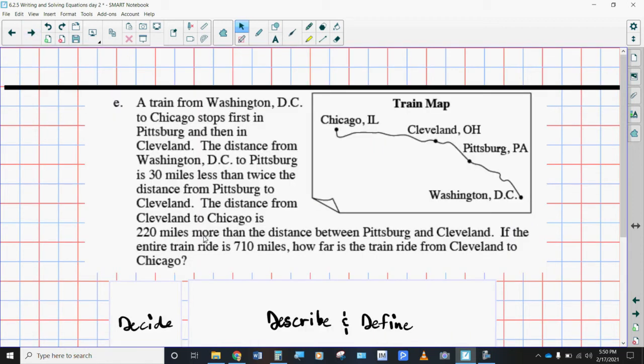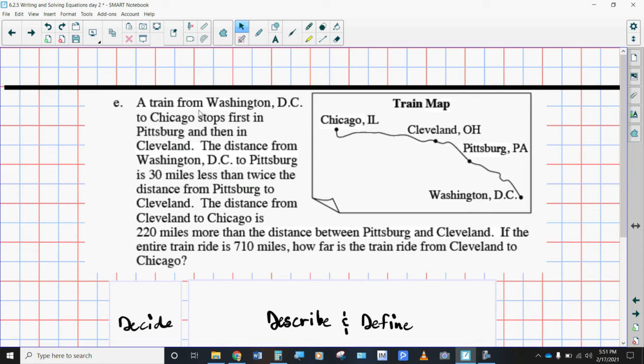All right, the last problem. This one's a little bit tricky, okay? It's wordy and it's weird. There's a map right here. So I'm going to go ahead and help you with the highlighting portion. First, let's read it for familiarity. Then let's highlight, and I'm going to correspond highlighting over here with color coordinate it with the distance on the